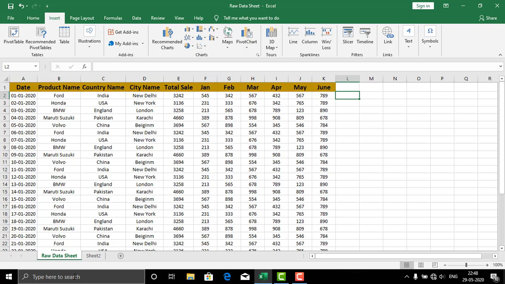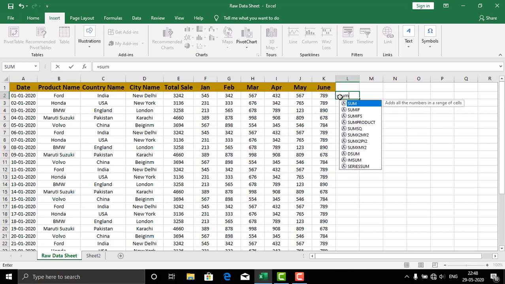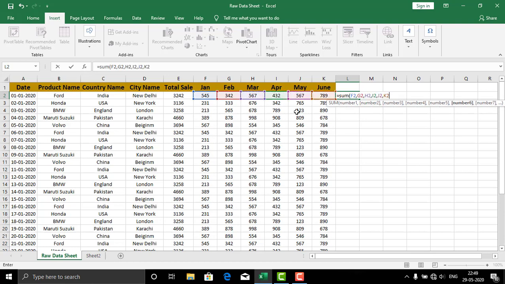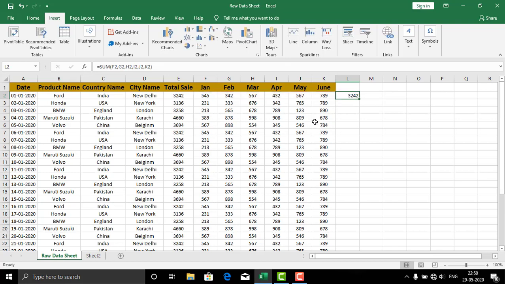It allows you to add the values. So how do we add values? Over here I quickly write equals SUM, which is the formula to add numbers, and now it's number 1, comma, number 2, comma, number 3, and so on. So what you can do is select a cell containing a number, press comma, select another cell containing a number, press comma and so on, and close the bracket. You can have up to 252 such cells in this one formula. And here is the answer.